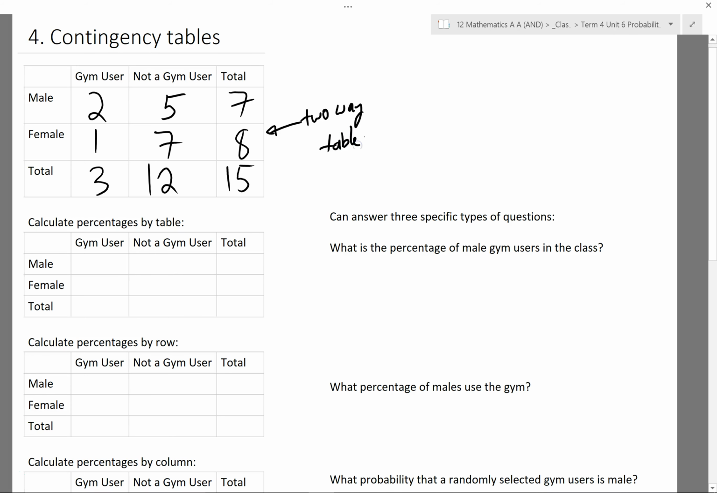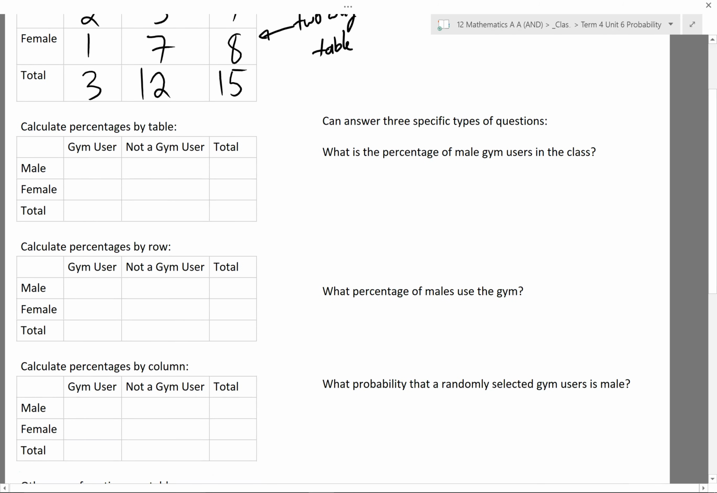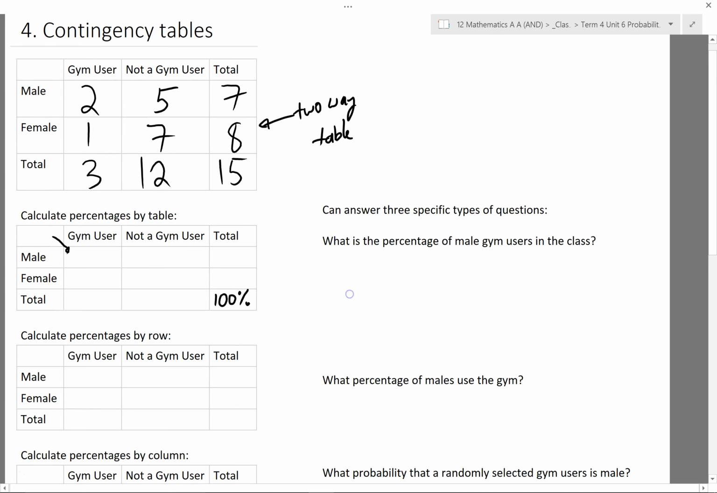So a contingency table will look the same as that, but it'll have percentages. There are three different types of contingency tables that we can make. The first one, we can calculate the percentages per table. So the whole table will have a total of 100%, and then for each of these individual cells, I'll calculate the percentage